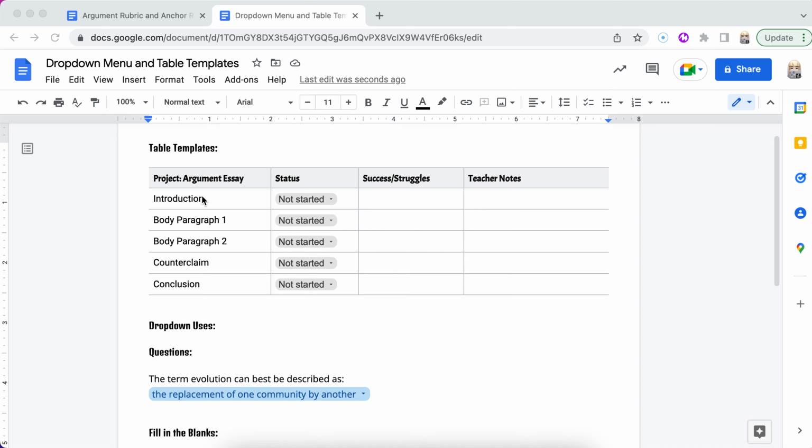So for this one, I did an argument essay. It's something that we work on across lots of different humanities classes, in English, in history. We have students doing essays. So generally, we have our students work in order on each paragraph day by day. So this way, students can track what they've started, where they're at, if they've completed it, or if they're stuck